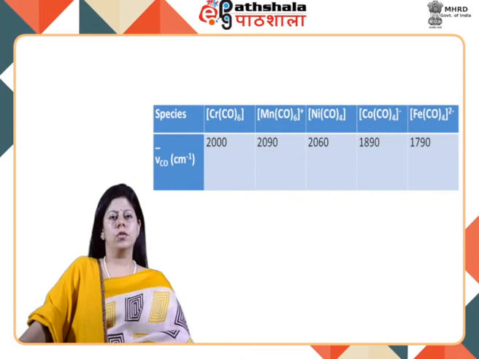The positive charge on the metal in a metal carbonyl discourages M-C-O pi bonding, and therefore it increases the CO stretching frequency in comparison to the metal carbonyl with a neutral metal. On the other hand, the negative charge on the metal in a metal carbonyl facilitates M-C-O pi bonding, and therefore it decreases the CO stretching frequency. These facts are supported by the following IR spectral data.